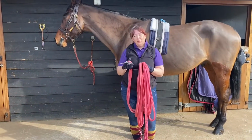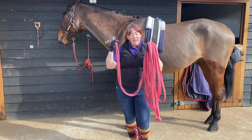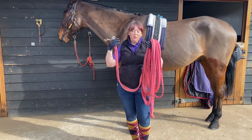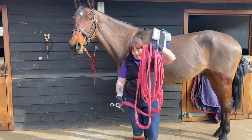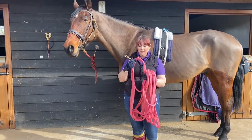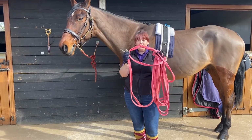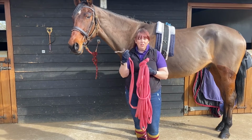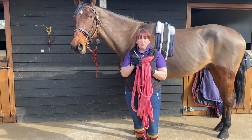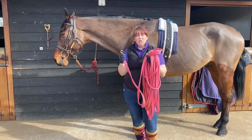Okay, so the last bit of equipment that I wanted to talk about is obviously what we're going to use to hold on to the horse with, and that is your lunge lines or long lines, whatever you want to call them. They do pretty much the same thing. As you can see here, I have two lunge lines that are looped together through the handle. That gives me one really long, nice line that's got a clip on each side and allows me to connect to both sides of the horse's mouth,